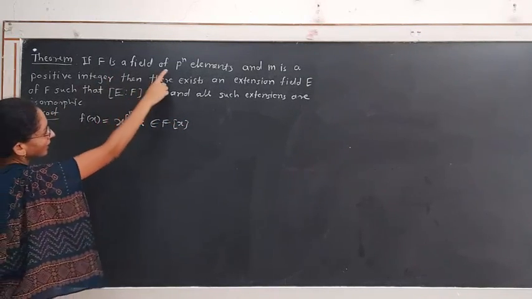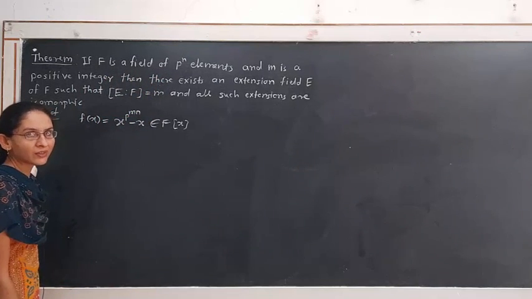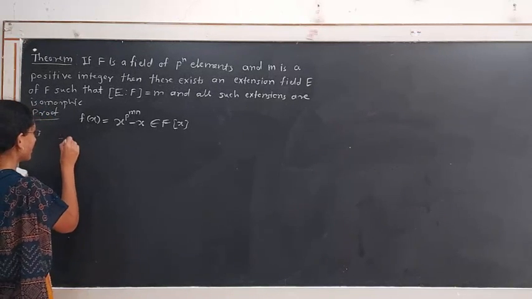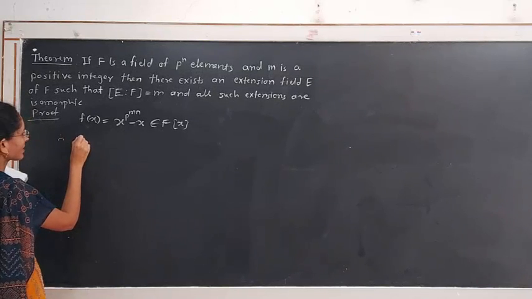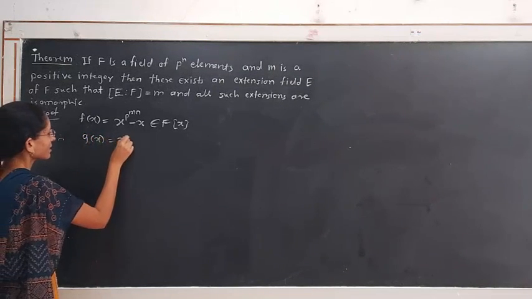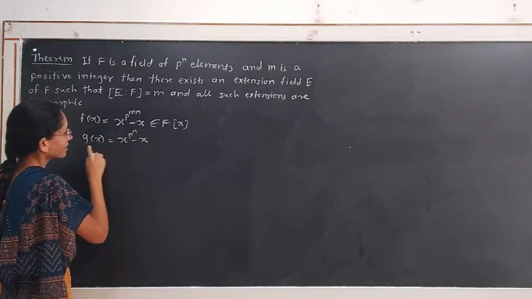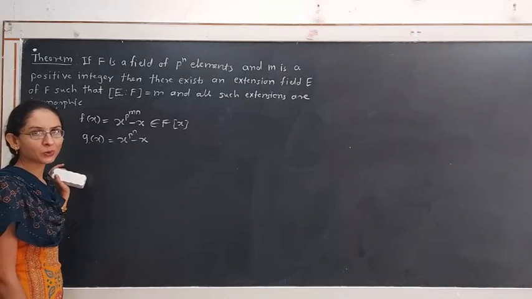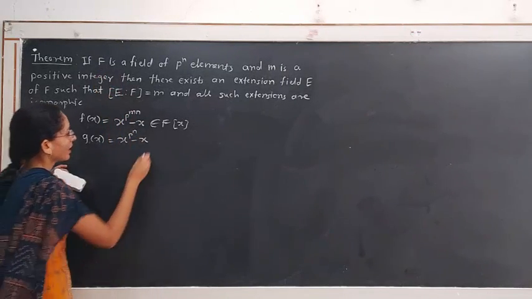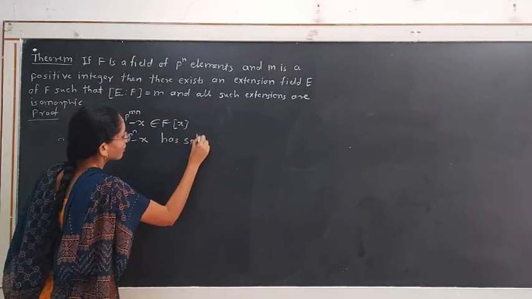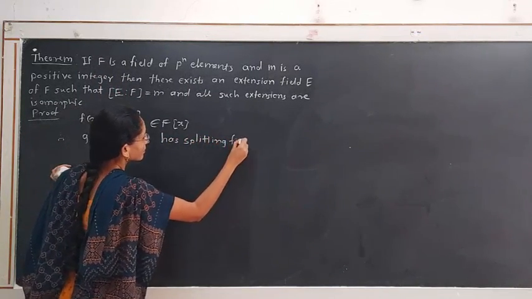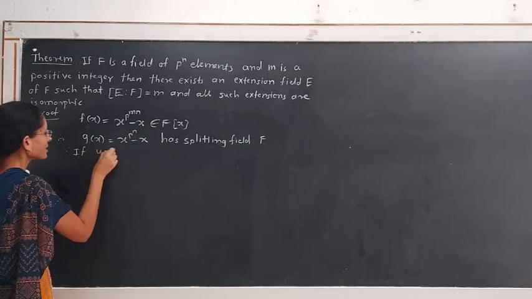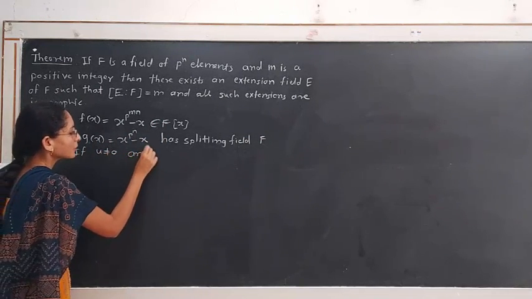It is given that F is a finite field with p raised to n elements, hence F is the splitting field of the polynomial x raised to p raised to n minus x. Therefore, suppose g(x) is x raised to p raised to n minus x. This polynomial has at most p raised to n roots and its splitting field is a finite field with p raised to n elements. That is, the field F has splitting field F. Therefore, if u is not equal to 0 and u is an element of the field here,